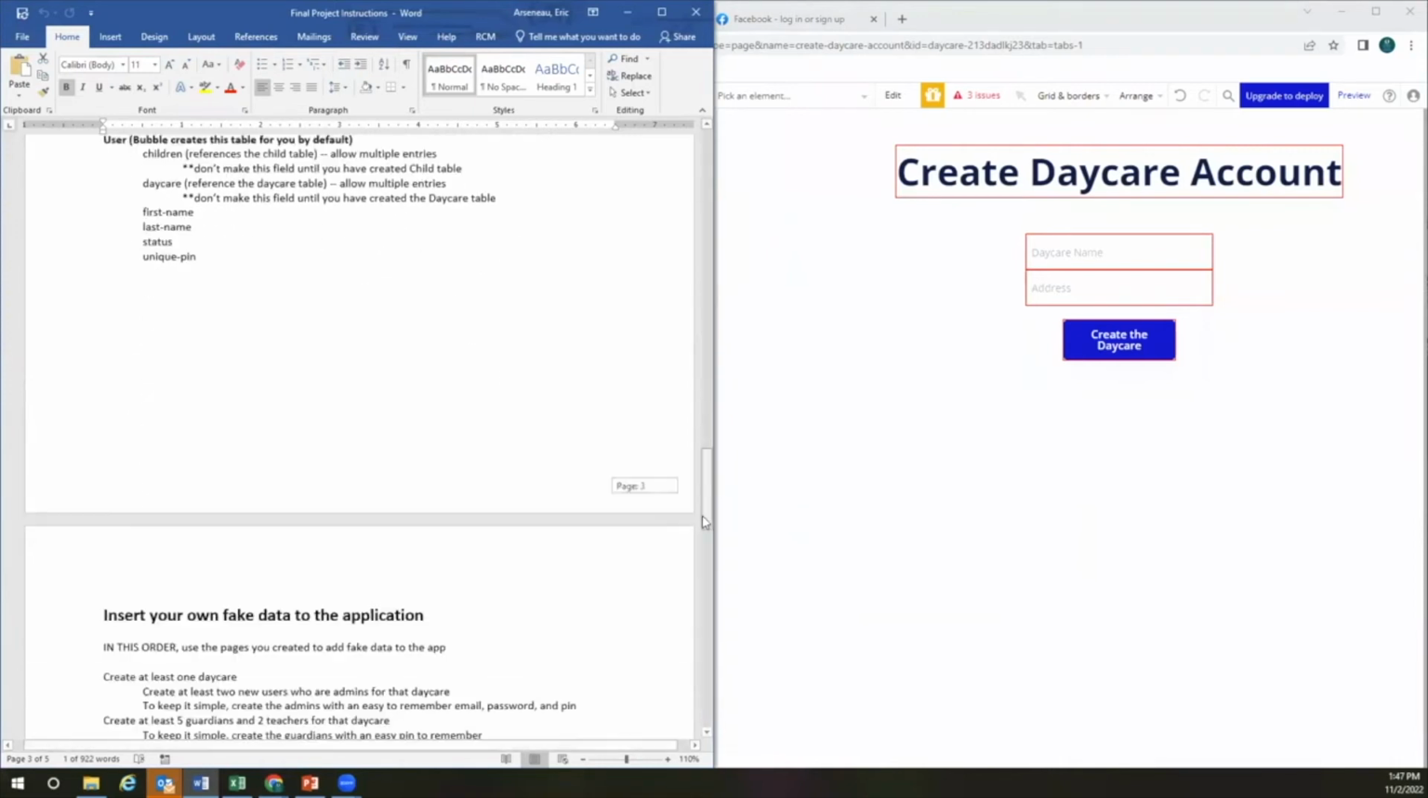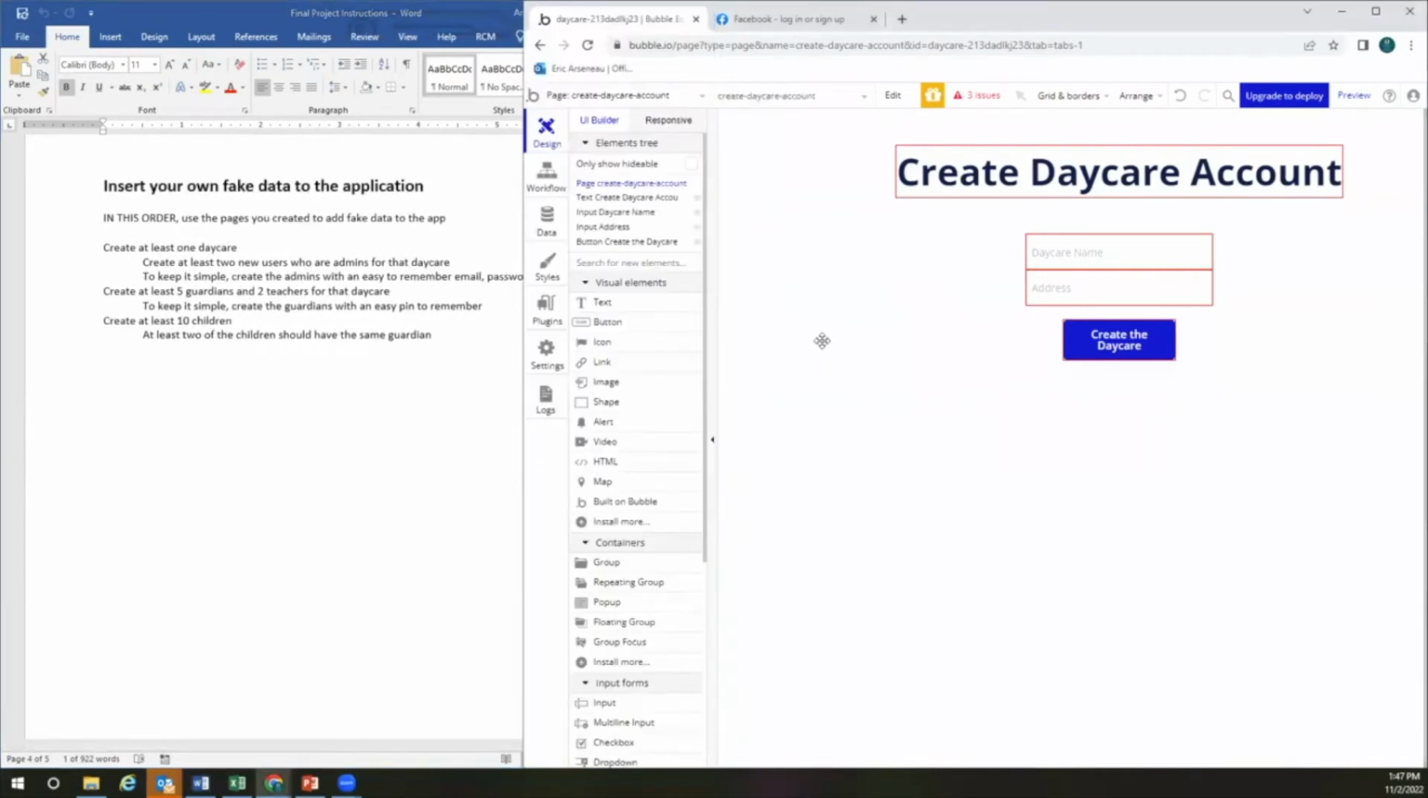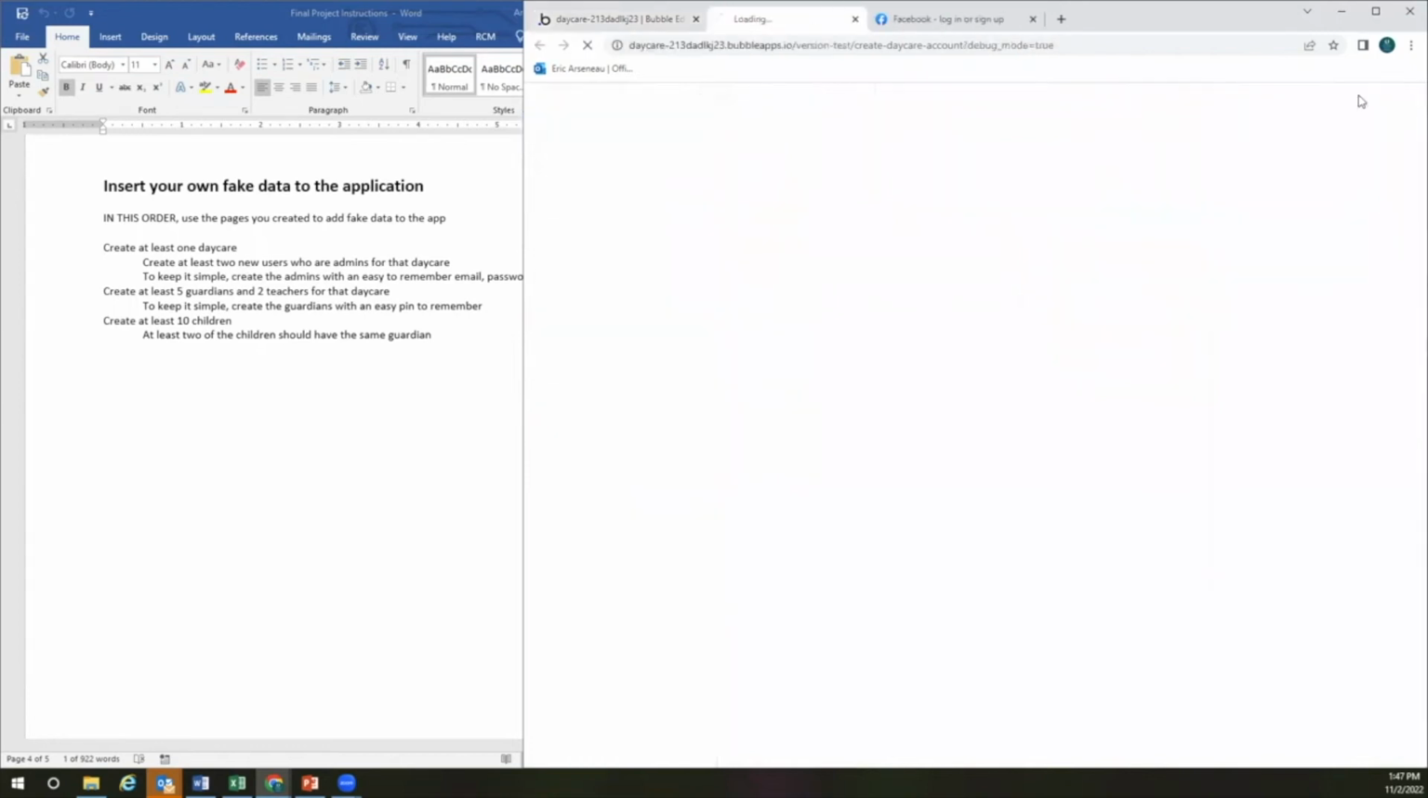I'm going to go here to start inserting some fake data, and then you can add more as you see fit. There are some criteria here that you need to do at least one daycare, 2 users, and so on. I'm just going to do the minimum here in the video, and then you need to follow these steps to do enough data later. So we're going to go to create daycare accounts and then do preview and actually